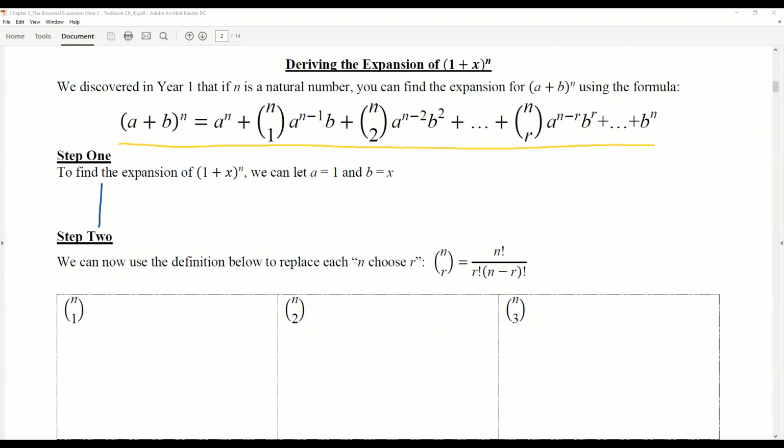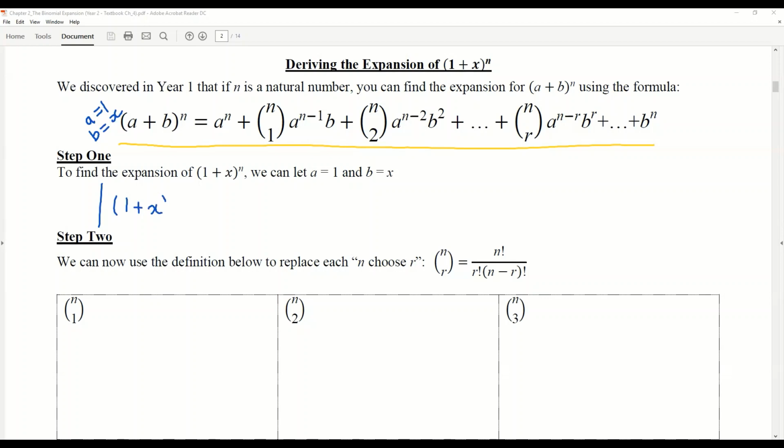your expansion in the space provided. We'll talk about this in a second. Now you've done that, let's have a look what you should have got. And you might have been able to simplify this a little bit. So if a equals 1 and b equals x, then obviously I get 1 plus x to the power n on the left-hand side, but